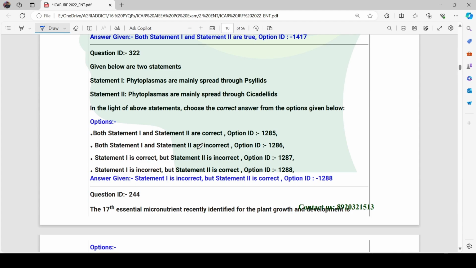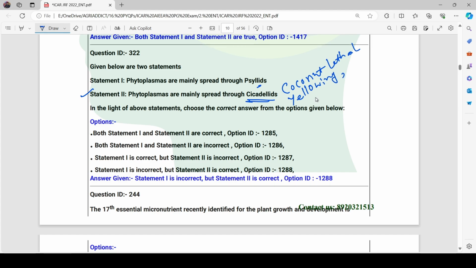So both the statement 1 and 2 are true. Next question is phytoplasmas are mainly spread through psyllids. It's the statement 1, and statement 2 is phytoplasmas are mainly spread through cicadellids. Cicadellids are the leaf hopper, and yes, statement 2 is correct. They are mainly spread through cicadellids. Like several phytoplasmas causing disease like coconut lethal yellowing, and all are transmitted by leafhoppers. Exception is also there. Some of the phytoplasmas, 1 or 2 phytoplasmas are also transmitted by psyllids, but mainly they are transmitted by cicadellids. Coconut lethal yellowing,